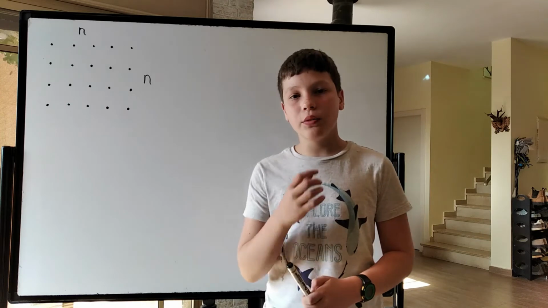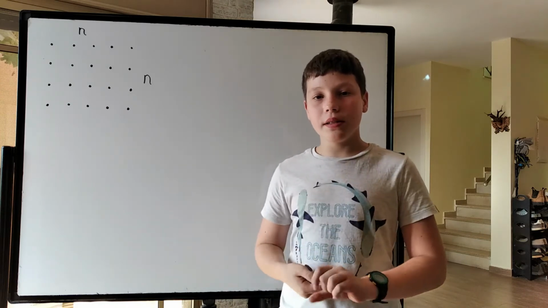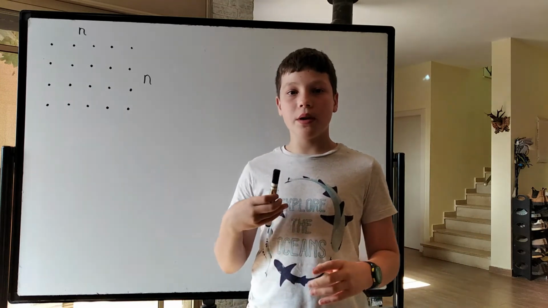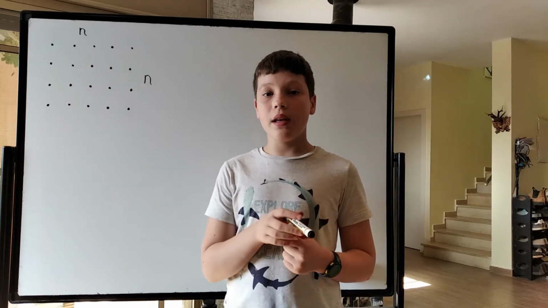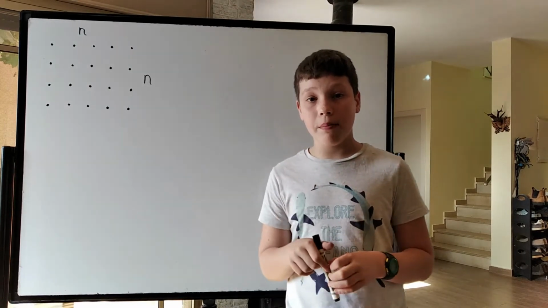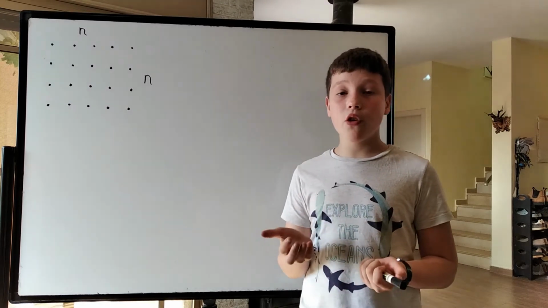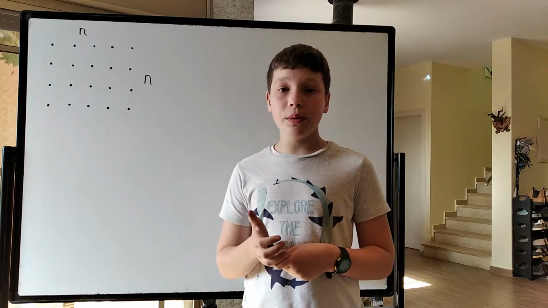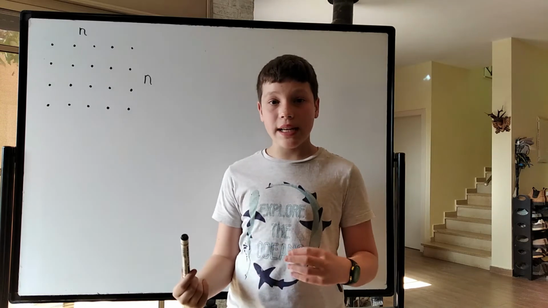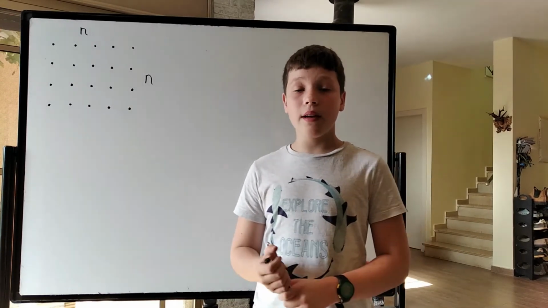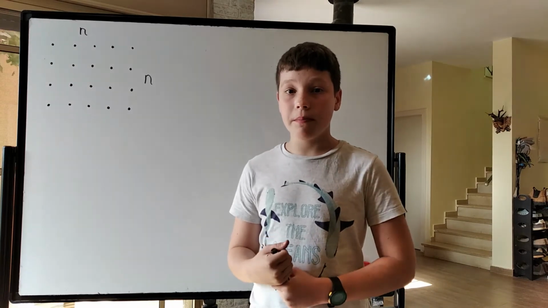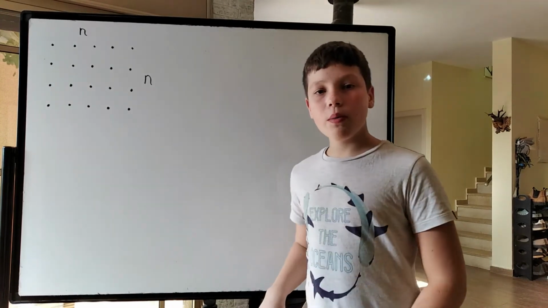And he had a challenge for the viewers to find the formula for the amount of squares in a square grid with size n points by n points. And after finding that formula, I decided to challenge myself and go for a rectangle with A points by B points, where A is greater than or equal to B. So before we get started,